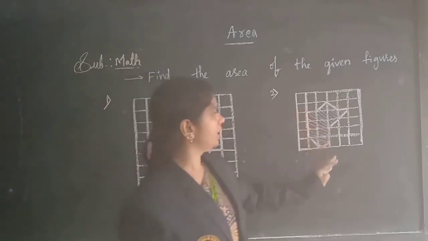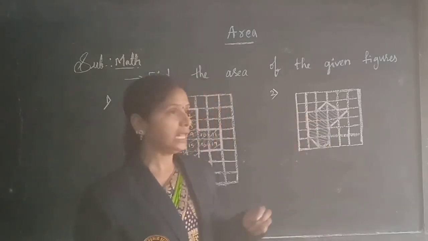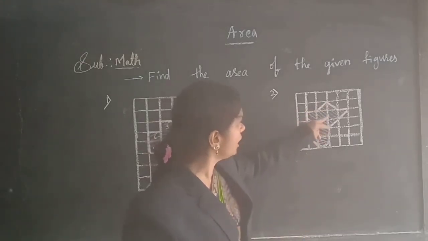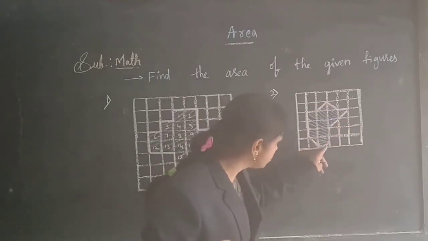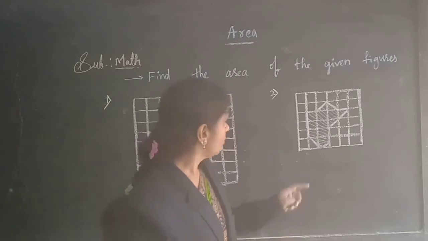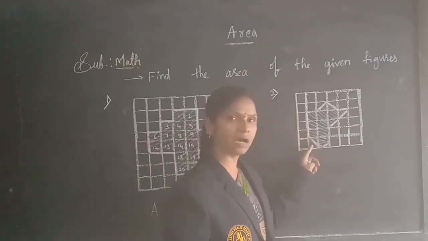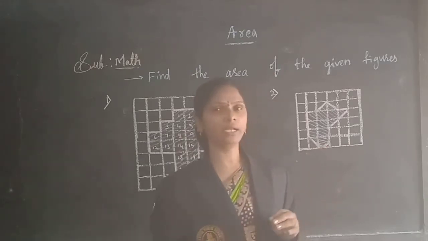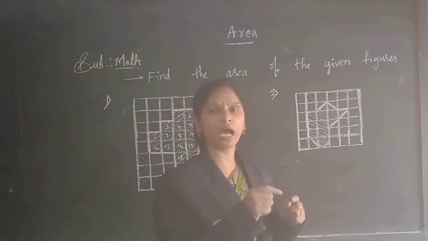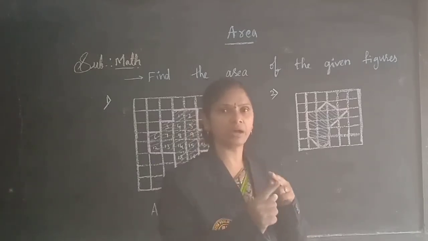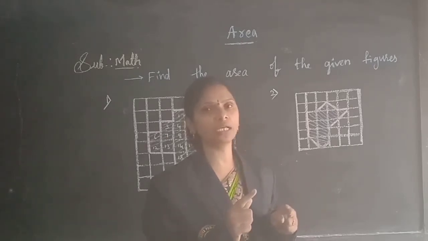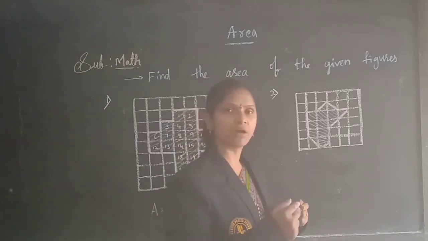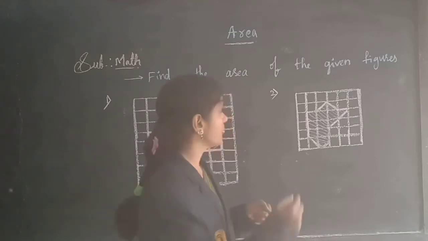Okay, let's count the area of this shape. In this shape, children, you can observe a box that is half covered, and you can observe regions covered more than half. Here you also see a curved shape, children. One curved part covers only half a square and one covers more than half. Already I told you, if the region is covered more than half, you treat it as 1 unit. If covered less than half, you treat it as nothing. If covered exactly half, you take it as a half. If a full box is covered, you take it as 1 unit. Okay, let's count here.